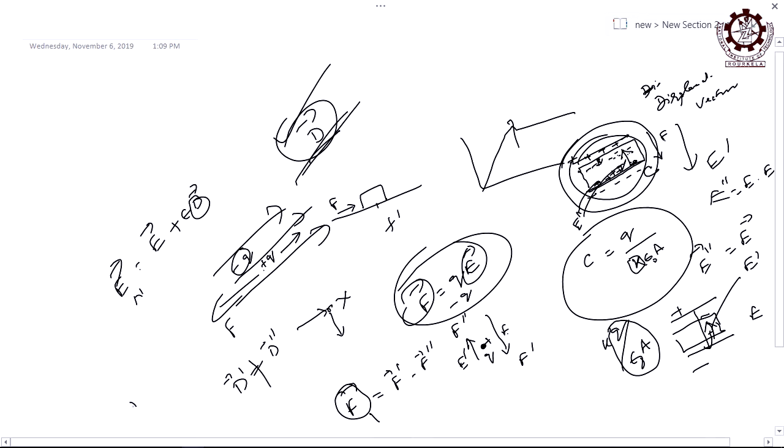But what about their magnitude? Magnitude of both the vectors are same or different? Same, because charge is same. Force is how much? Depending on the force they will displace. If force is more, then displacement may be more, but the force is same for both or not? The force is same for both. So the displacement for both the charges, magnitude equal or different? They must be equal, right?